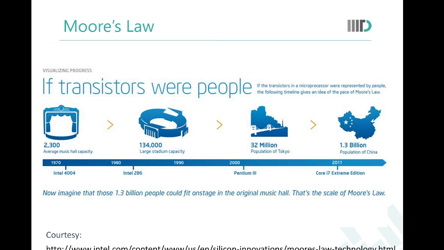He was one of the co-founders of Intel. So, early in the 70s he made a prediction, and the prediction was more like an economic prediction. It says that the cost per transistor will go down exponentially. So, he said that the cost of a transistor will be halved every 2 years.